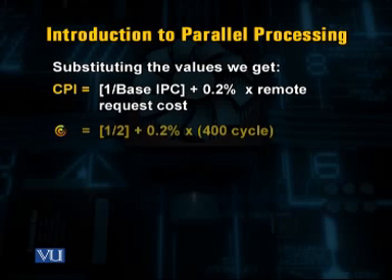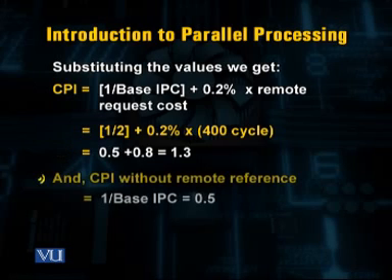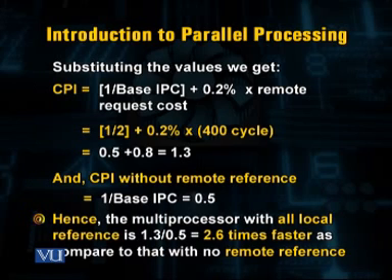cycles per instruction, we find that the clock cycles per instruction with remote reference is equal to 0.5 plus 0.8, which results in a value equal to 1.3, whereas the clock cycles per instruction without remote reference is equal to 0.5, which shows that the multiprocessor with all local references is approximately 2.6 times faster than the multiprocessor without any